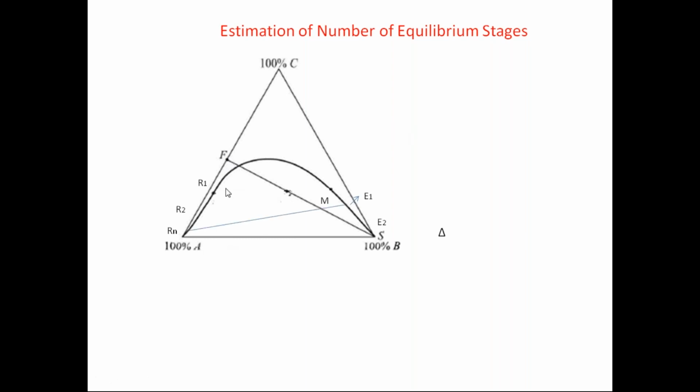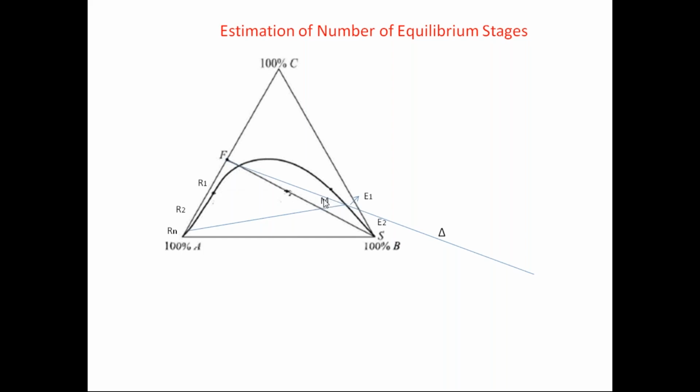So you should remember that the F has been obtained in that way. Then again, you know the final concentration in the raffinate. The final raffinate will have this much concentration. So Rn point here, F point here, and S point here you can put, and M can be calculated and established here, and you will get the E1 in this way.